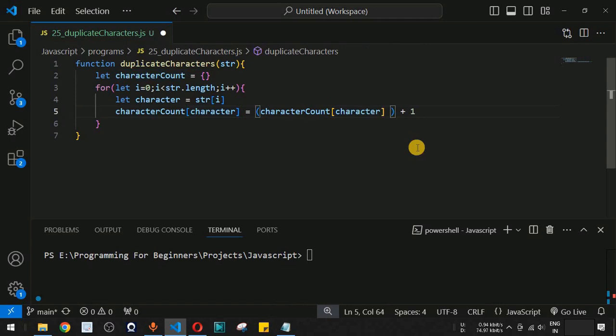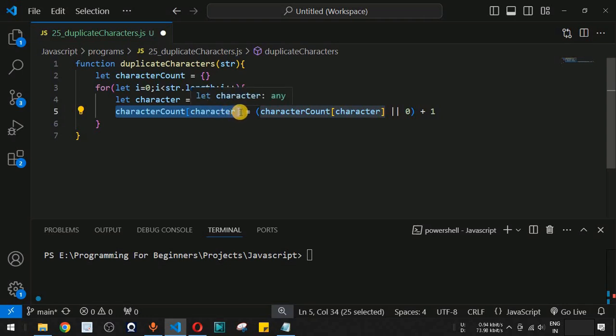So guys, over here simply we will provide the OR operator, and then we can simply say 0 over here. So guys, if it is returning a null value, then basically we are going to take the value of 0 over here, to which we need to increment the count by 1 in this case, and this is the line of code that is responsible in order to increment the count of the characters that are present inside the string variable over here. And then guys, after going through all the characters using the for loop, at the end of this particular for loop we will have the map, that is character count over here, which is going to have the keys, that is all the letters of the string.